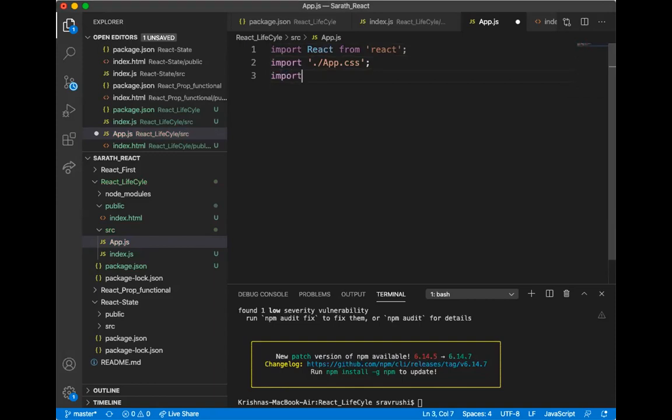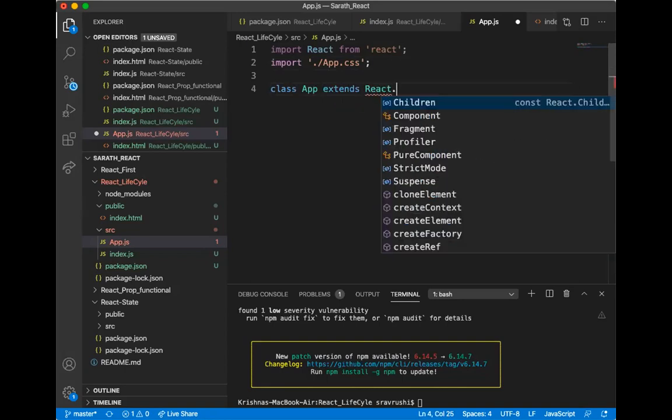I am going to use lifecycles, a lifecycle component. So I am giving class App extends React.Component.